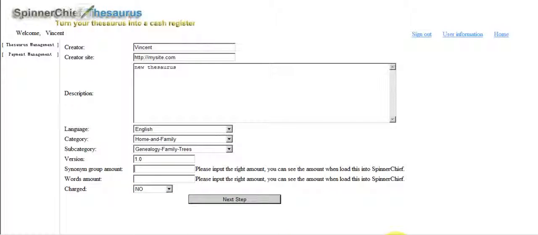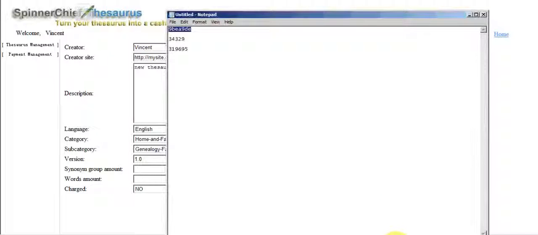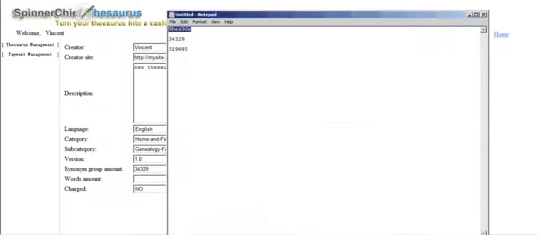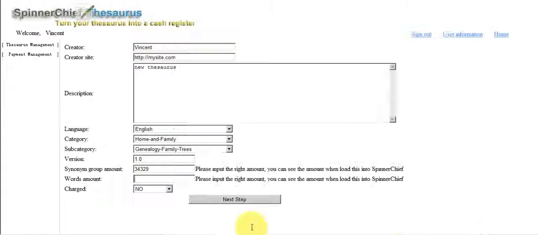Now, this, remember I told you, you need the details. So we need the synonym number of groups, which is 34329. Total number of words, 319695.